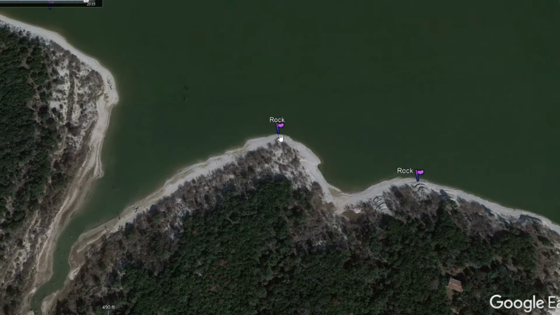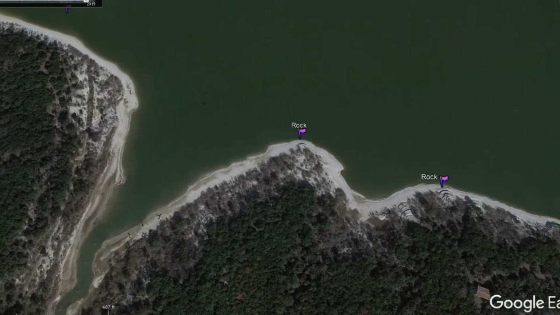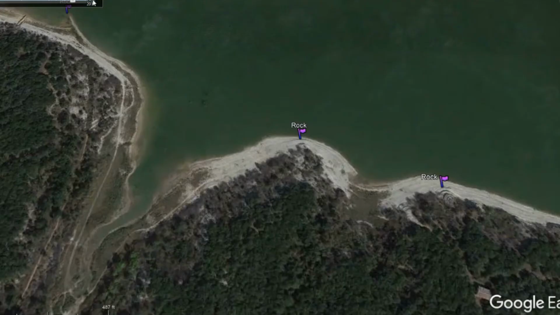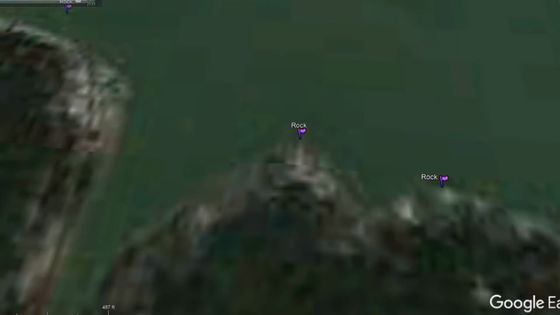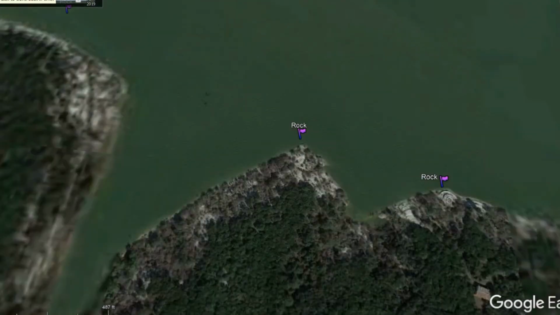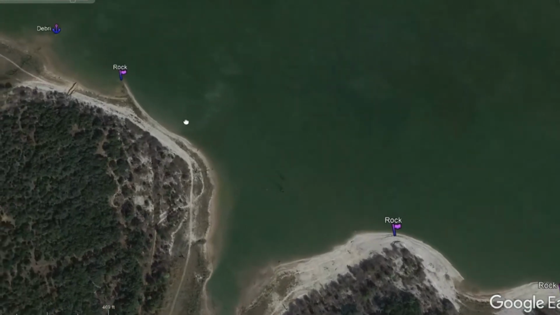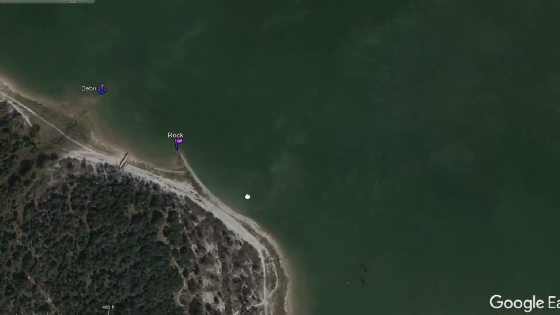Right here is a good spot as well. That's actually going to be underwater once we go there. Actually, let's pull this back. We're looking at 2021, and I think 2014 was a little bit better. I think 2015 doesn't give us what we want. So nope, we're going to go back to 2014. So 2014 and really 2021 right now are some of the lowest levels that we're seeing right now on this